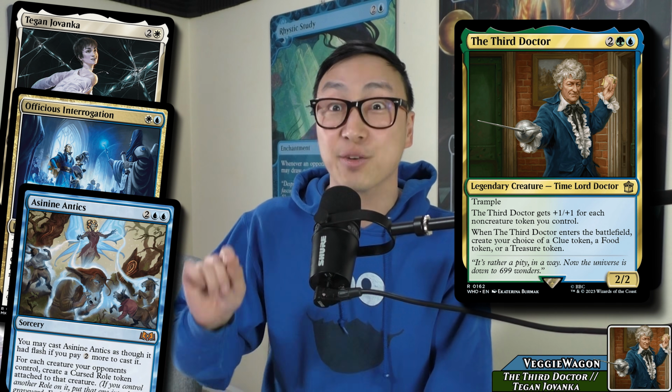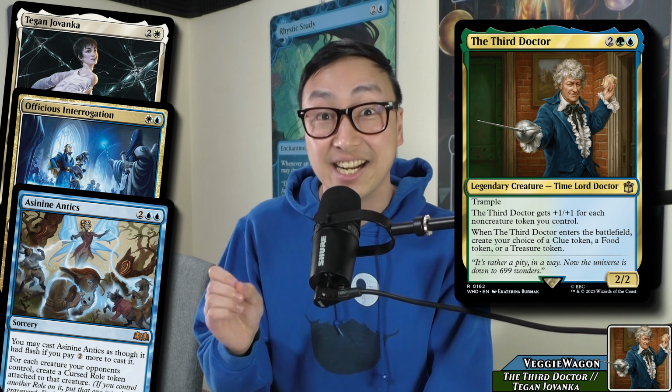I'm VeggieWagon, and today I'm going to be making tokens with one of my forever decks, the Third Doctor and Tegan Jovanka. There's always going to be support for treasures, clues, and food, so there are always going to be new cards to be able to pump up the Third Doctor. And it helps if he's trampling and indestructible, so I can take out players with commander damage. But I also have some real tricky cards like Asinine Antics that allow me to come out of nowhere to